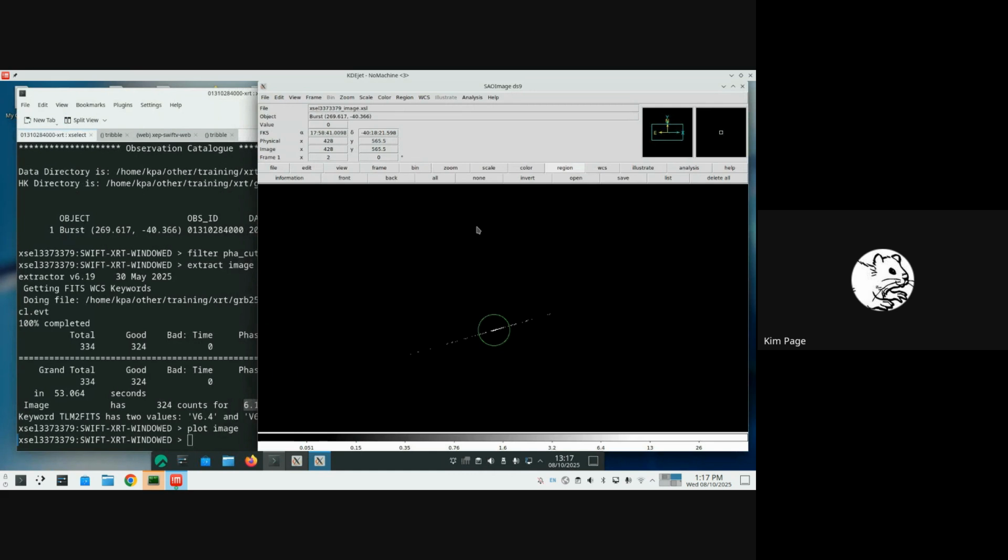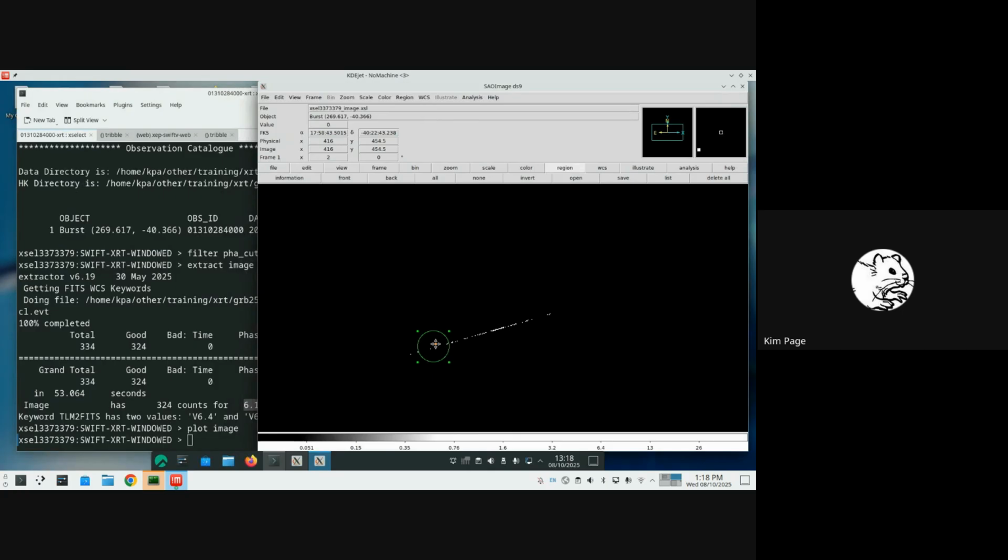For a normal, simple window timing thing like this, usually what I would do is just have a similar sized region, still within the window, obviously. So all this space out here is outside the window. So it's not just that it's not bright, there are no counts there. So there's no point putting a region there, but because the background is low, there are gaps. I mean, you can see there aren't counts all the way across. So that is what I would usually do for a simple window timing thing, just a normal circle, same size as the source. But I thought it might be useful to show how to do the big background